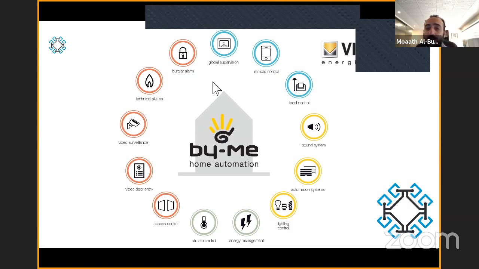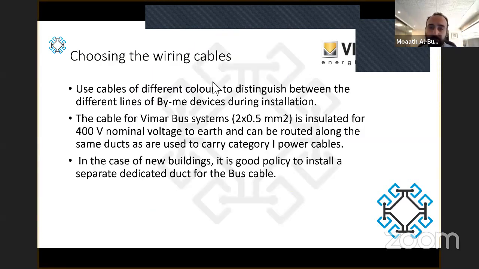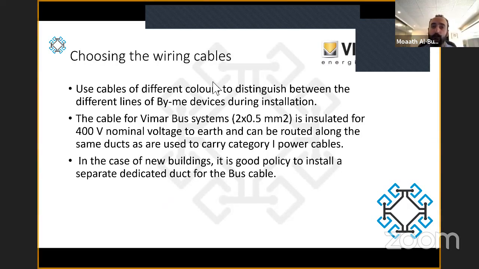So as you can see, the Vimar automation system is a big solution. It can have all these different kinds of stuff inside one solution, which rarely happens with other suppliers. Now, let's start with the most important thing, which is choosing the wiring cable. We'll start from the wiring cable, how to choose your cable, and then we'll build up how to do your